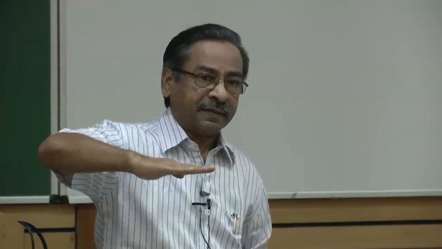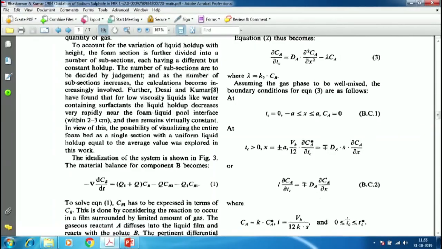We require an initial condition because we have ∂/∂tc of Ca. And what would be the initial condition? It is the concentration of dissolved oxygen when a foam film starts out of the storage section. The bubble comes out of the storage section, becomes a foam, that is where the film is created. The concentration of dissolved oxygen on account of fast reaction in the storage section we have taken as 0. So, the initial concentration for the foam film also will be Ca equal to 0. Dissolved oxygen concentration in the film to begin with is 0.